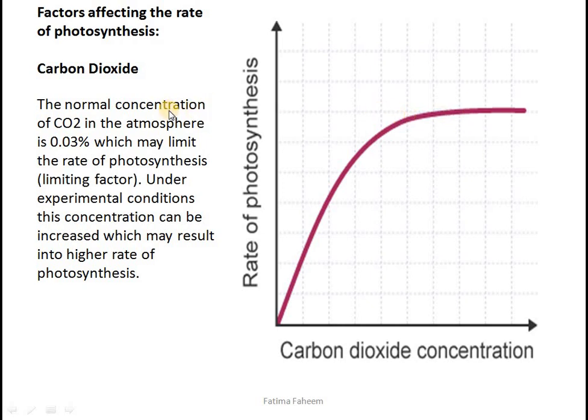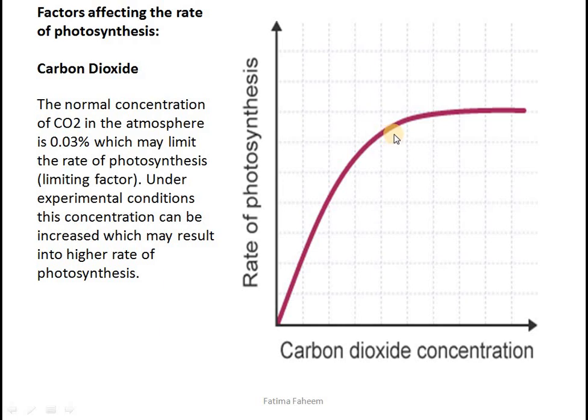The normal concentration of carbon dioxide in the atmosphere is about 0.03%. Under experimental conditions, you can increase this concentration, but normally in the environment, you cannot increase the concentration from 0.03 to 0.04, because after that point, you may call the air polluted and it would affect the health of people